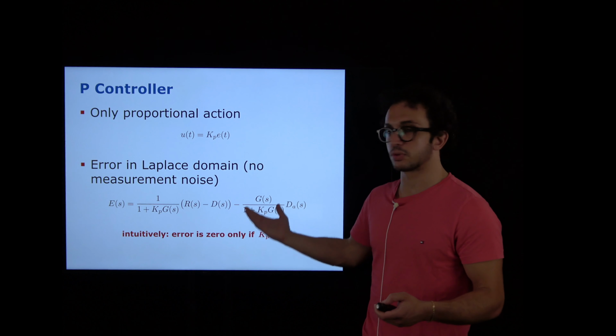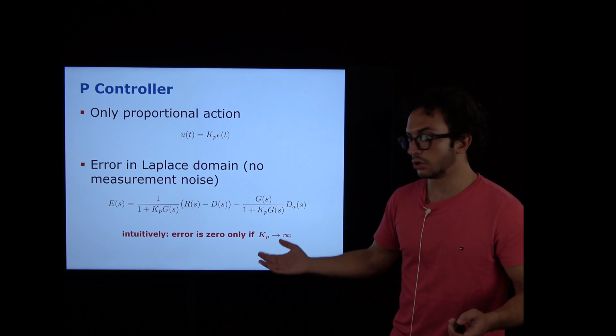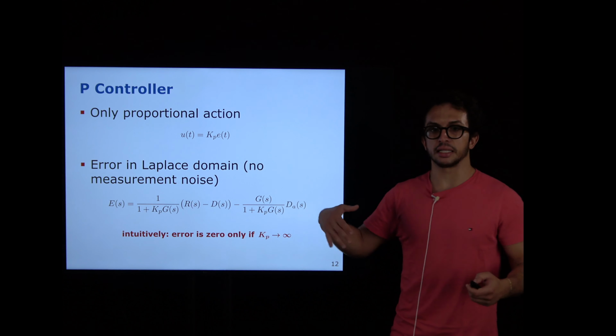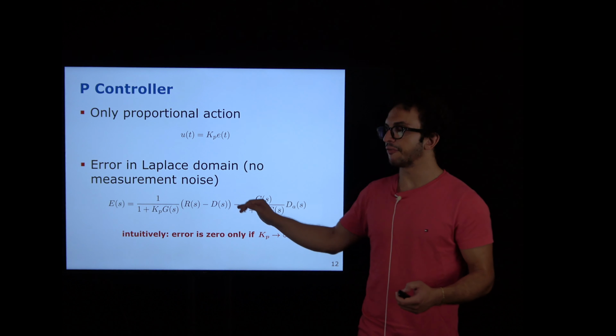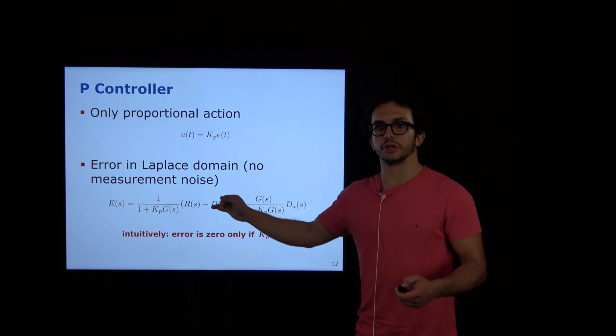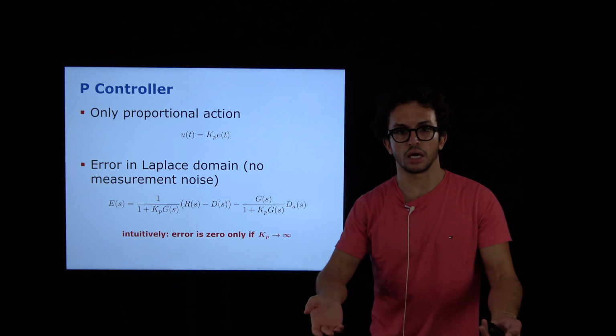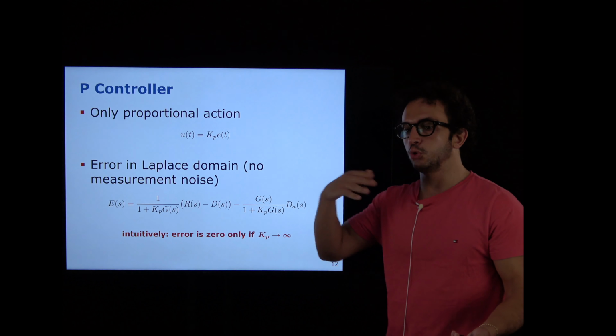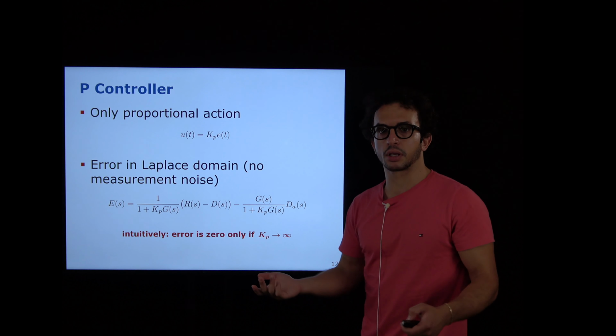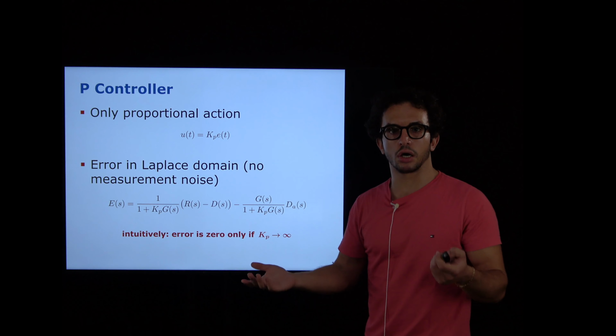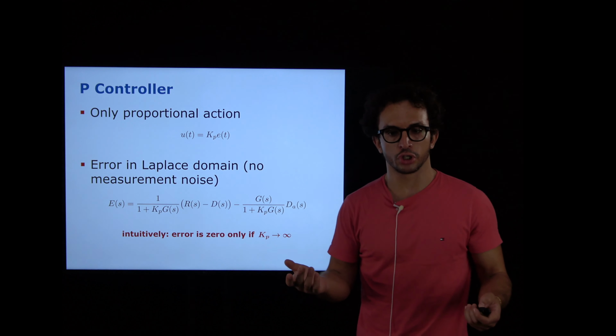And so basically that's what we want, right? The error is zero if K tends to infinity. Of course, we cannot have a controller that has an infinite gain. This is not something we can realize, but intuitively that's what happens. What are the pros and cons of such an approach? Well,